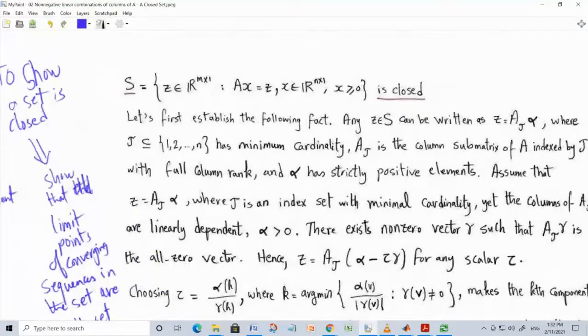So we want to show that this set is closed. Let's try to establish a fact which will be very helpful in showing that the set is closed. If Z is in the set S, it means that there is a non-negative vector X such that AX is equal to Z. But here is another claim. Any vector Z can be written as